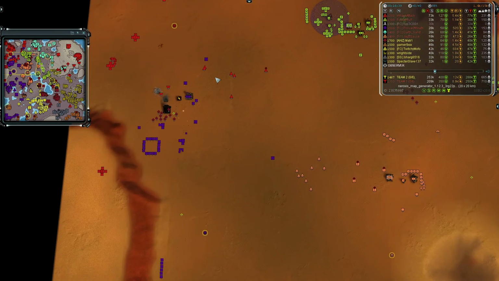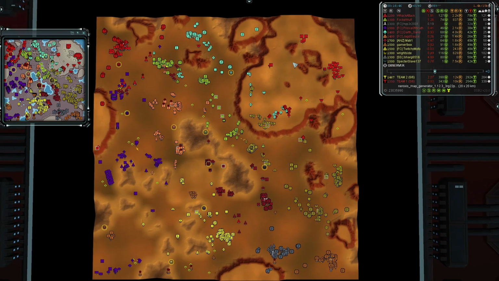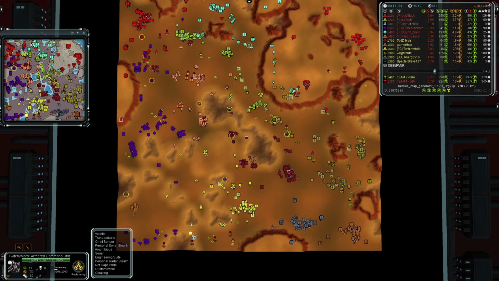Another player's eco is essentially gone. That is a huge win for Team 2 on the eco side of things. In terms of territory, it's pretty much even, except for the northeastern corner that just has a lot of dead space. And we do see in the southwestern corner there are a couple of units being poured in to the